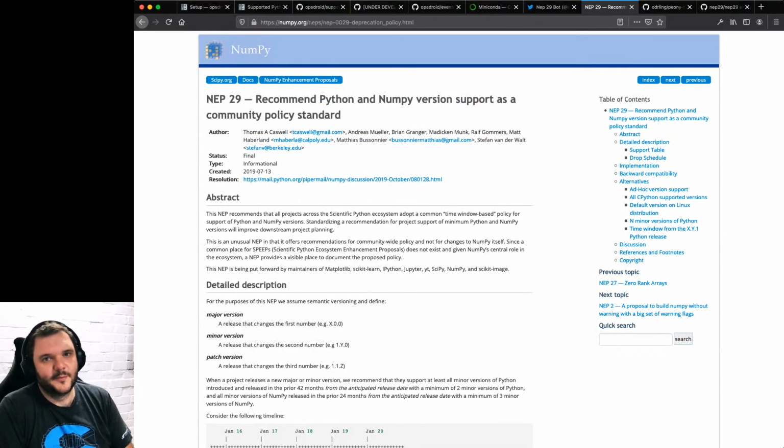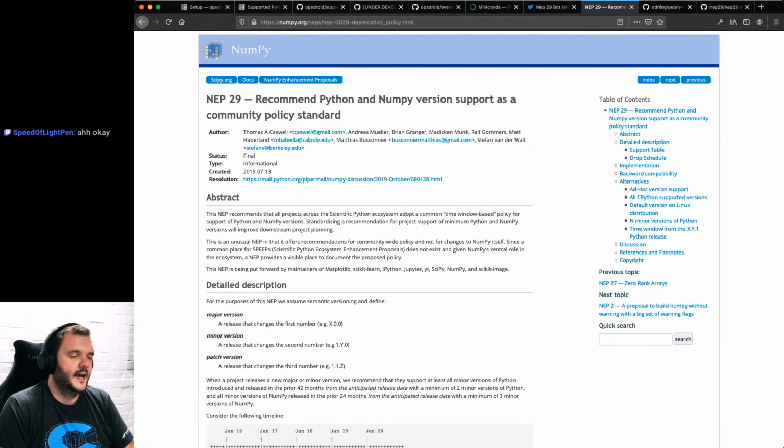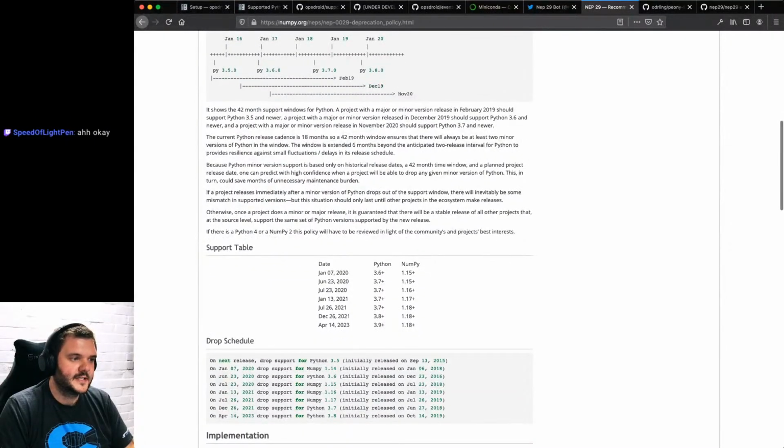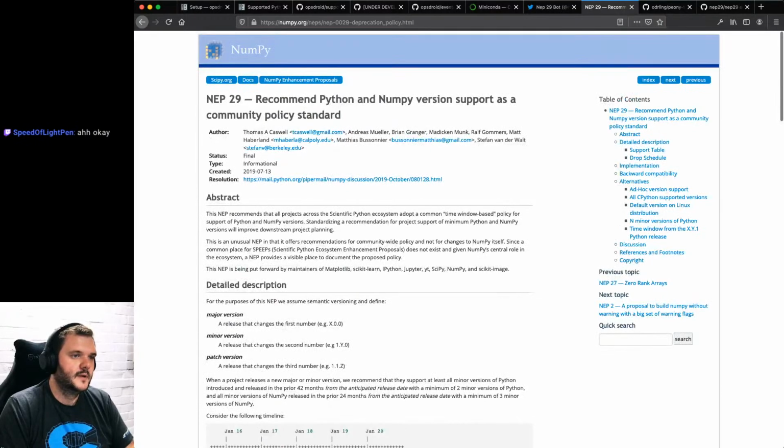It's up to everybody when they support different Python versions. But NumPy have said we're going to drop Python 3.6 on June 23rd, 2020. And we work on a project called Opsdroid, which also just adopted the same process. A bunch of libraries have adopted this. If it's good enough for NumPy, it's good enough for a bunch of people. What I want to do is make a Twitter bot which tweets periodically saying, you have 17 weeks left until you need to drop support for Python 3.7 or something like that.